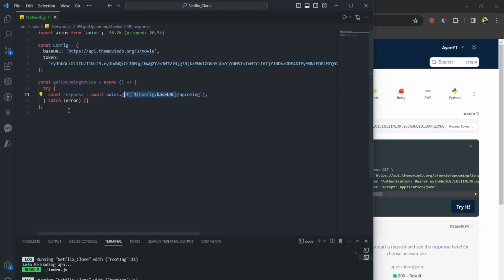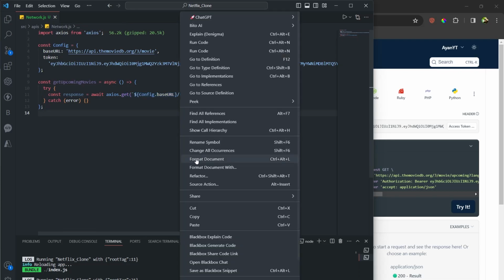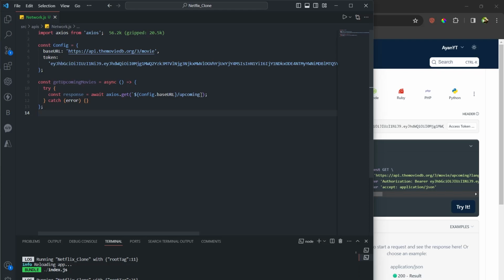Now if we hit the API, can we get the data? No, right? Why? Because we need a token also. Those are private APIs, so we have to send a token as well. So let's send the token. Inside this bracket, simply take an object. It's a GET method, right? If it's a POST, whatever data we need, we can send here in this object, and we can send headers also. Right now it's a GET method, so only a single object. Inside the single object, let's mention headers